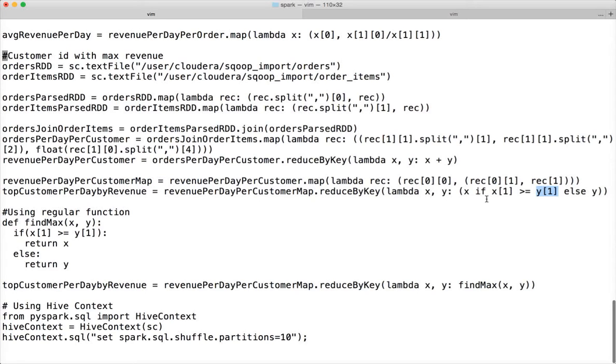And in this case, we are actually returning the tuple which has both the customer ID as well as the revenue. And we have to use reduceByKey because we are passing the tuple as the input. The tuple has two data types. First one is the integer for customer ID, and second one is